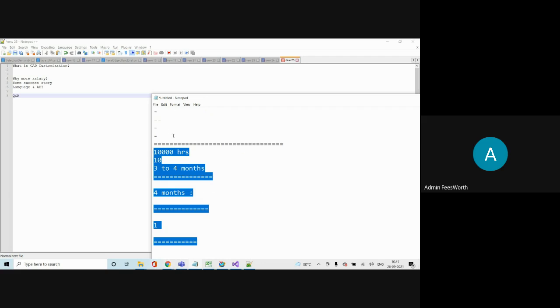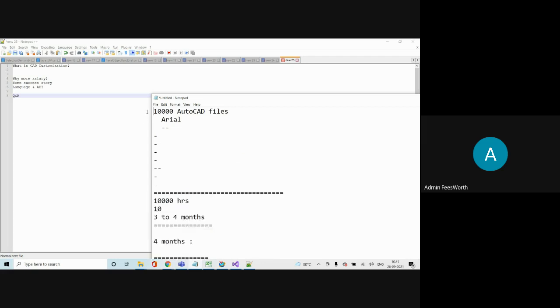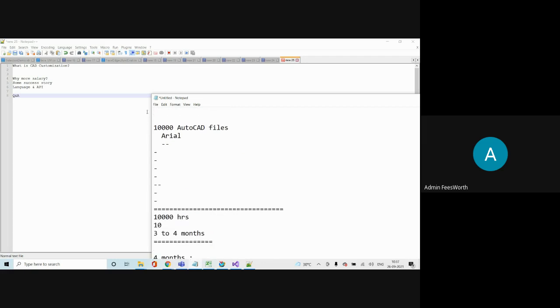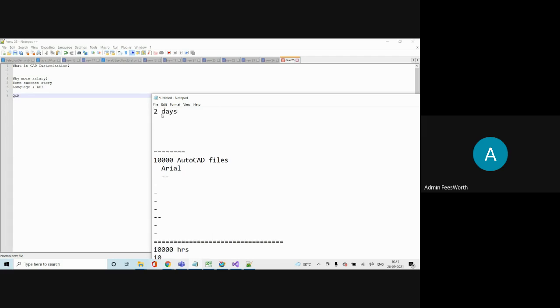But if the same work comes to me, what I do, I need only 2 days time. Suppose if you tell the requirement Friday, Saturday, Sunday, I can work on this programming. I need 1 day enough, but let us assume 2 days. In 1 day also you can write this program. But if it is a little complex, you take 2 days time, you write. Monday, the program will be ready.